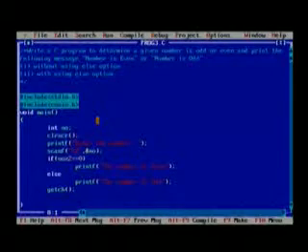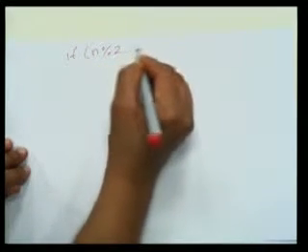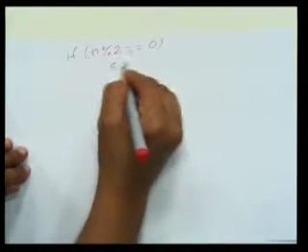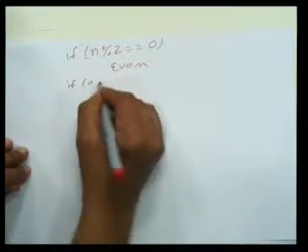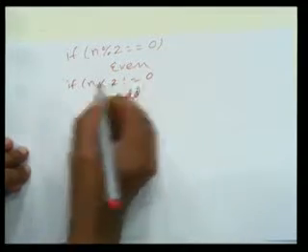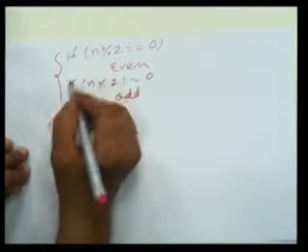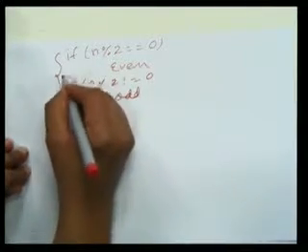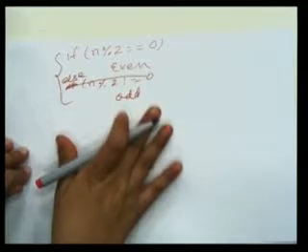So in that case what you can do, if number modulo 2 equal to 0, then you have to print the given message, right? Again you check, if number modulo 2 is not equal to 0, print the given message, that is odd. So this is when you are not using the if else concept, right? And if you are using the else concept, no need to write this line, just write else. I hope I am clear with this.